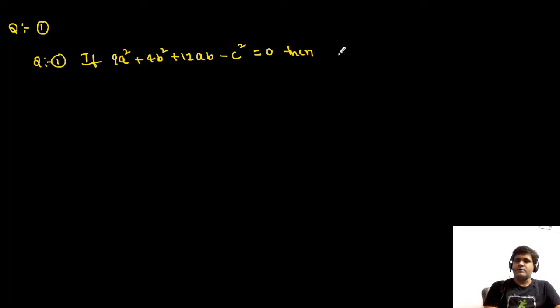If 9a² + 4b² + 12ab − c² = 0, then show that